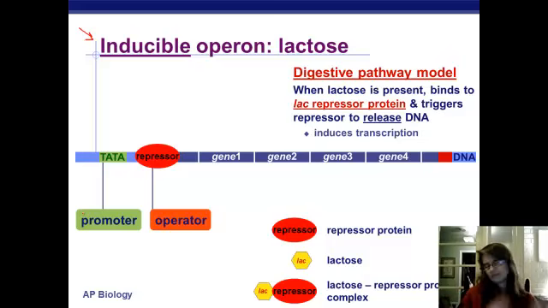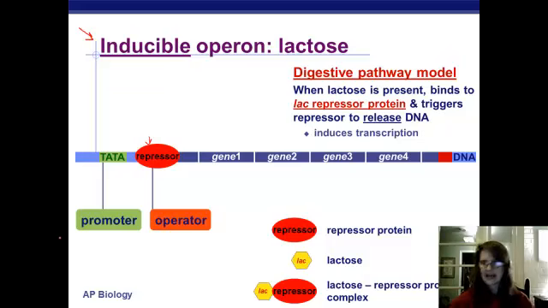Generally speaking, bacteria might not be around lactose sugar a lot, but if it does find some, it would like to eat it. Okay? So, normally, the genes to make the enzymes to digest lactose will be inactive. They will be repressed because normally lactose sugar is not around, and so why make the enzymes to digest it if there's no lactose sugar around?